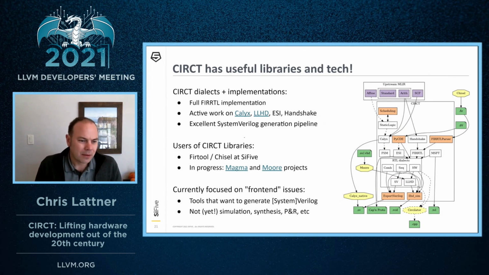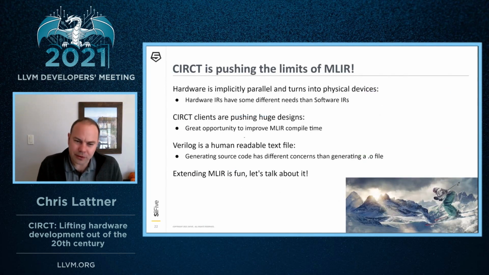with great people. Now, one thing we'll talk about later is that the part of the problem we're tackling is what is called the front end part. And so we haven't tackled the place and route and other physical design pieces yet. Next. So one of the cool things about CIRCT